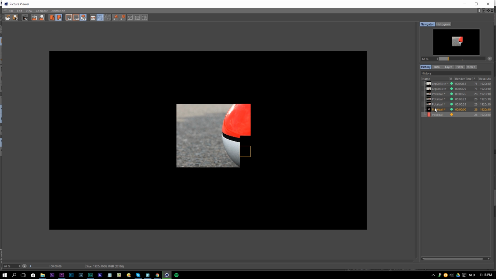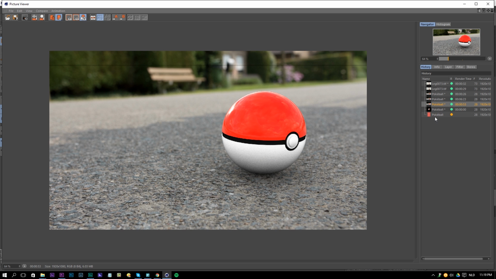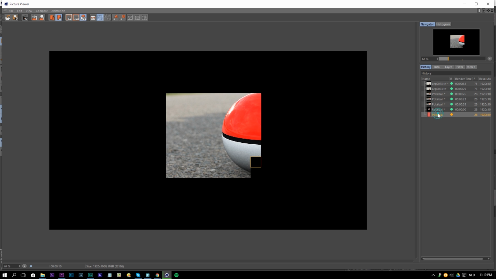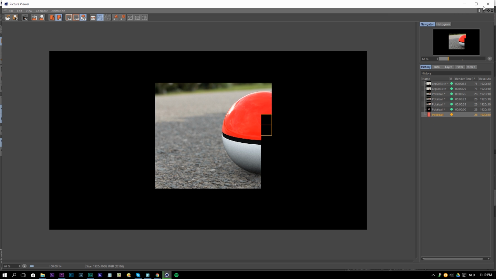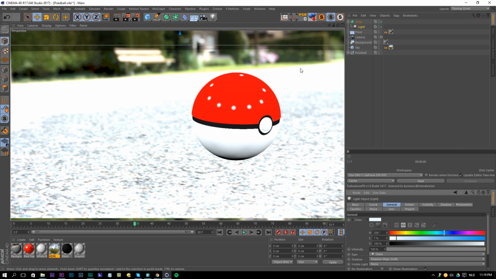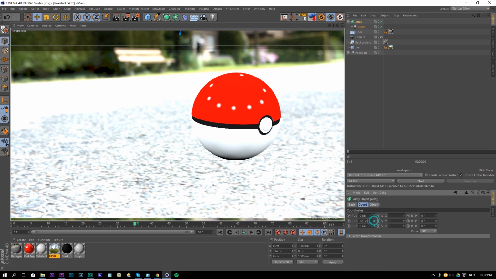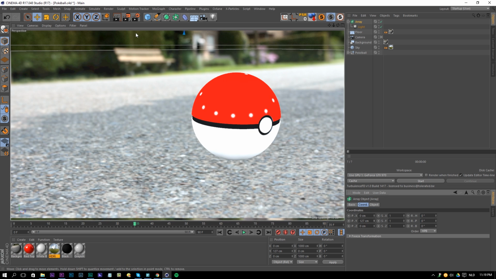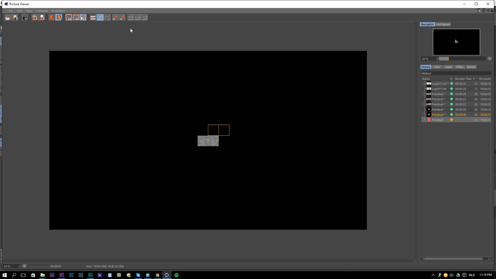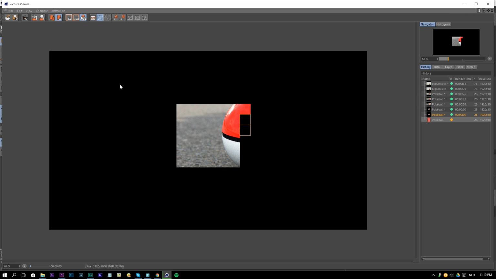So we can see here it's already a lot better. And there we go. Maybe here is a little bit more, but I think this is going to work fine for whatever we want. Okay, maybe our array is a little bit too high and it's not casting any light here. So I'm going to get the array down again. Okay, there we go. So now we can see that our sphere is lit up on the bottom. And if we render this out, we will see that we have a nice sphere here with some shadows on the bottom.